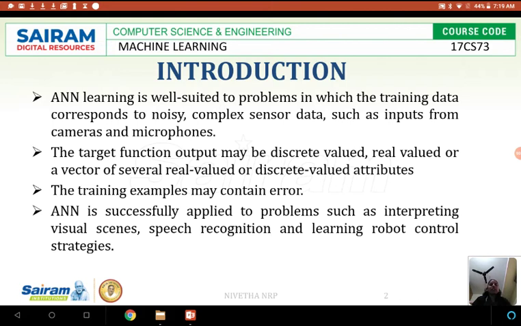What is actually happening in an artificial neural network? We are going to train a machine with the data set. Your machine will already be trained with the data sets, and whenever an input is given to the machine, it is going to compare that input with the trained data set. When the input matches your trained data set, it is going to give you the prediction, or else it is going to give you the output as false. This is how an artificial neural network is trained.